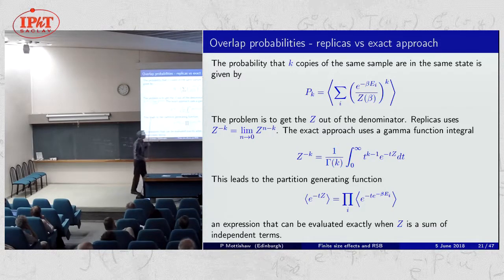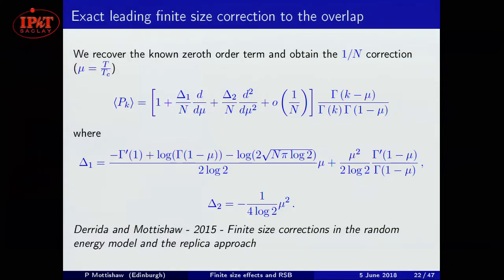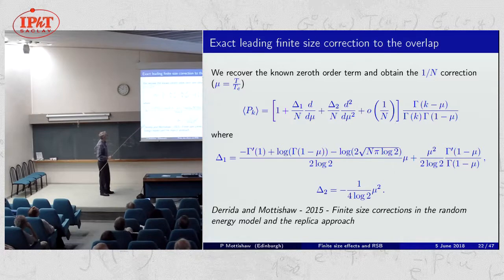So there's a class of models that you can use this approach for and then compare with the replica approach. The common characteristic is that in some way you can decouple this z into a series, either one product or a series of products, which is why you go for models on a tree. Okay, so after lots of hard calculations that Serrano would have enjoyed,